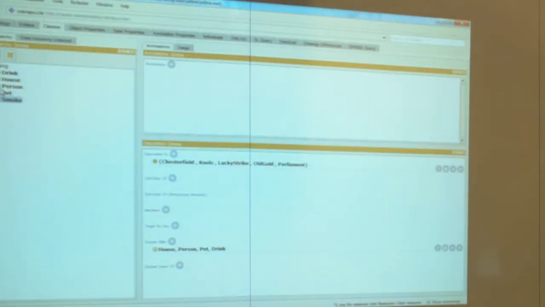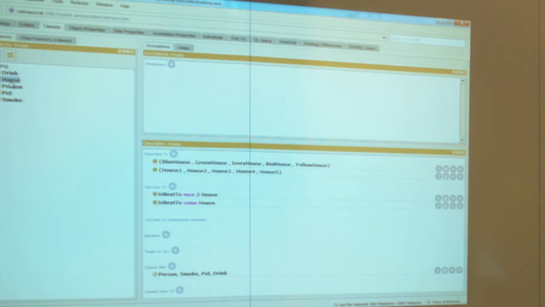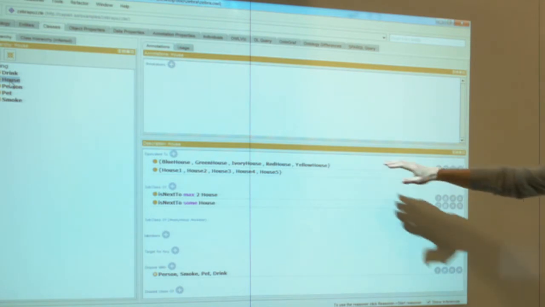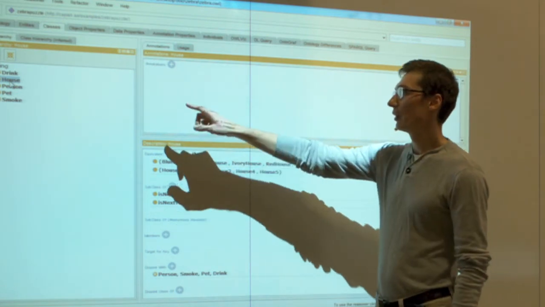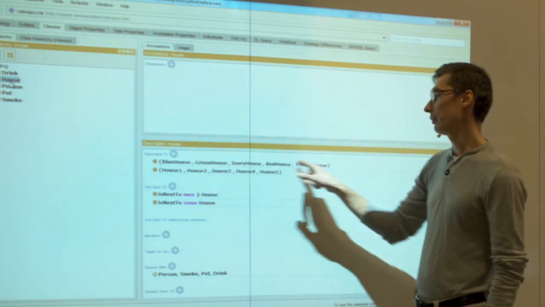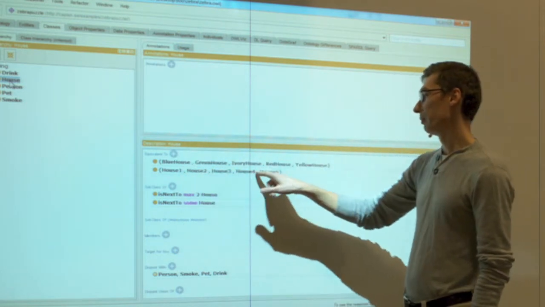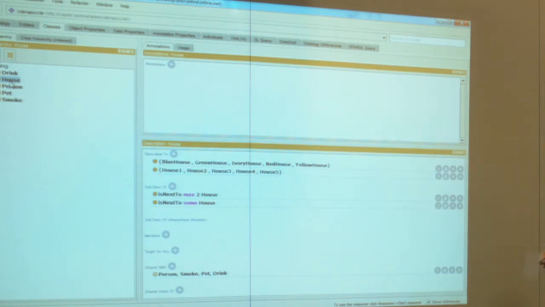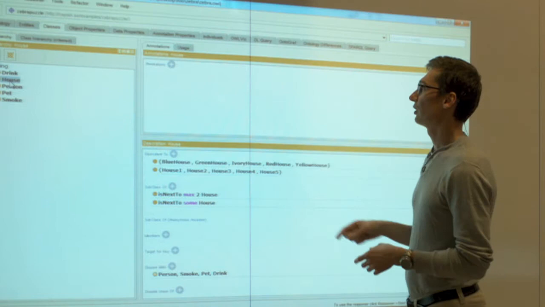Well, we create 2 groups of individuals. We say that house is one of these 5, and also it's one of these 5. And of course, we also say that about each of these, we say that they are distinct and so on. But now,